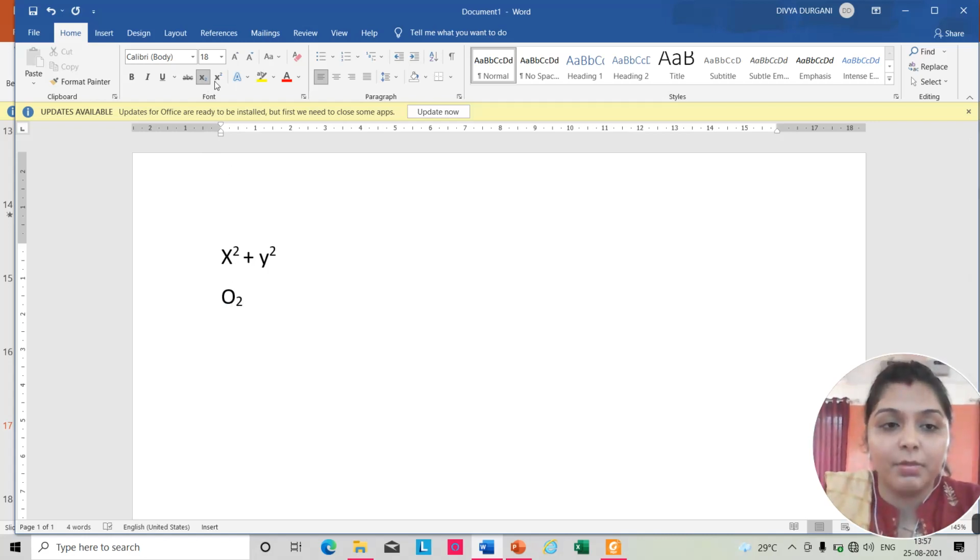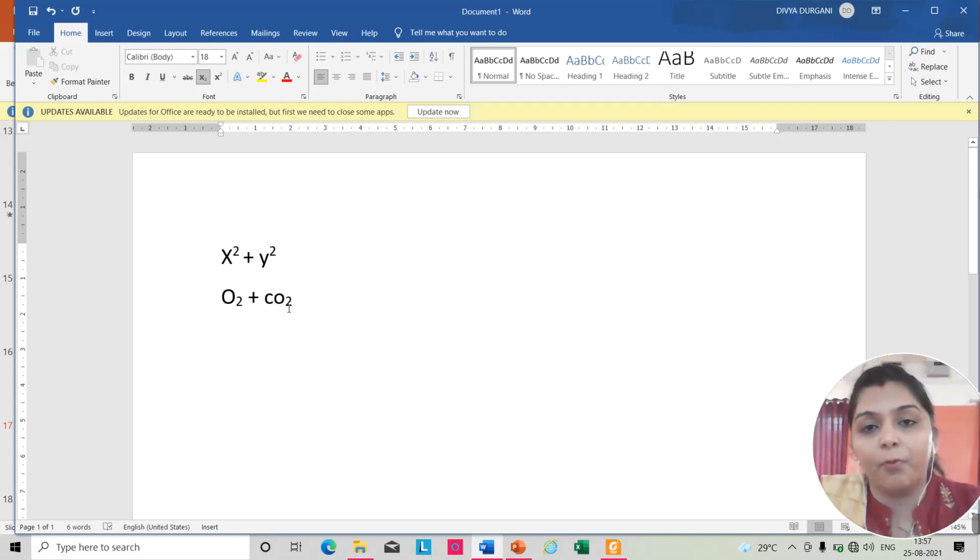Again to disable it, you have to click on it. Then again I will put the plus sign, then CO, and again 2 with the help of subscript, like this, dear children. Understood? That is CO2. Is it clear?